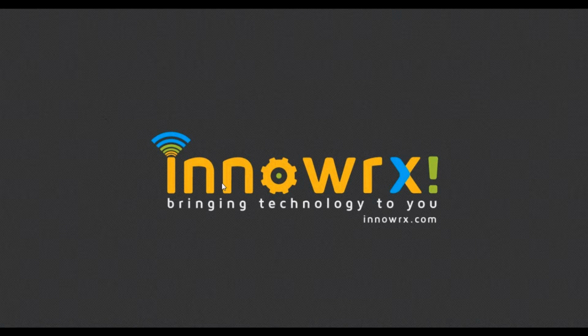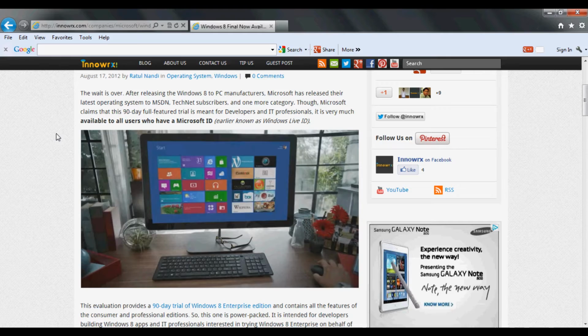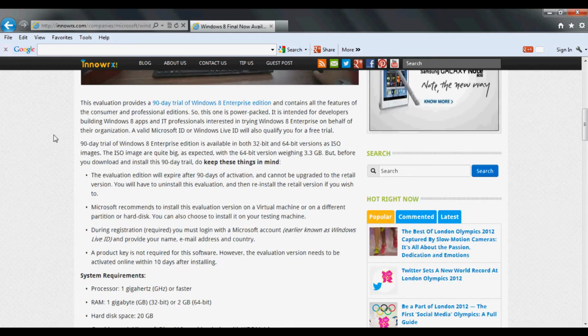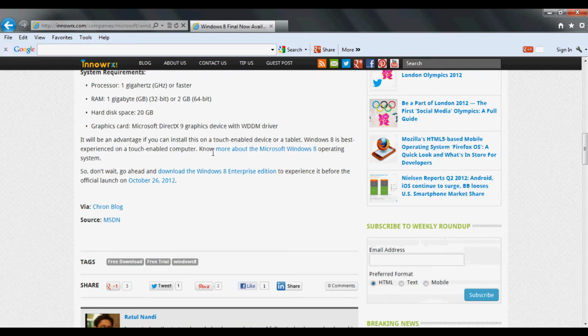So a virtual machine is nothing but an operating system which is running separately on the same operating system which you're working on. So it becomes a different PC altogether inside your PC. So we will be using Oracle VirtualBox